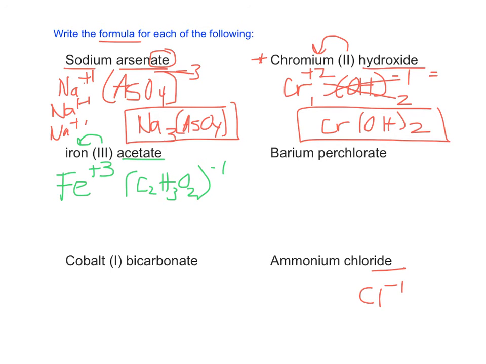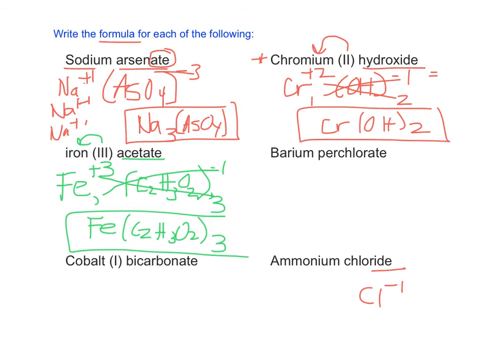My charges don't balance, so I'm going to swap and drop down the number. So 3 and 1. So I need 1 iron ion, and I'm going to need 3 acetate ions. So remember, in our final formula, the numbers are low, they're subscripts, and there's no positive or negative because our charges